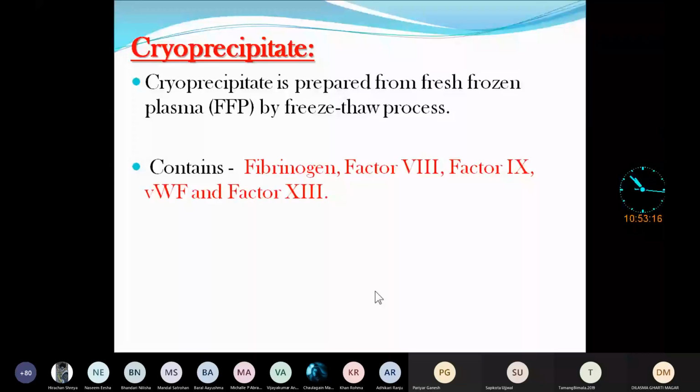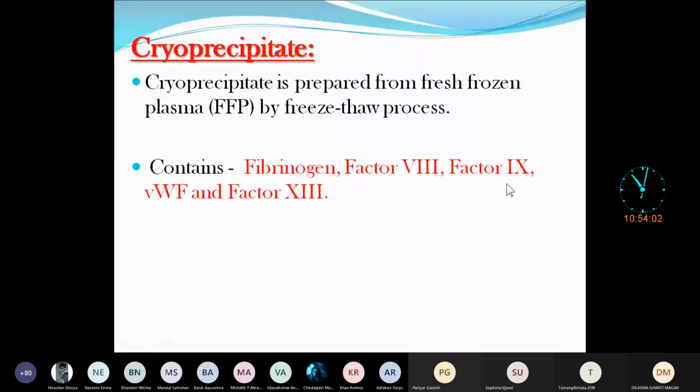At that time, this factor deficiency, bleeding and hemarthrosis were seen first in the royals of Britain, Spain, Russia and other countries where the royal people used to marry within their own family, understood? They did not want their royal quality to go to the public. That's why they used to marry within the family, and in those royal families factor 8 deficiency and factor 9 deficiency were seen.